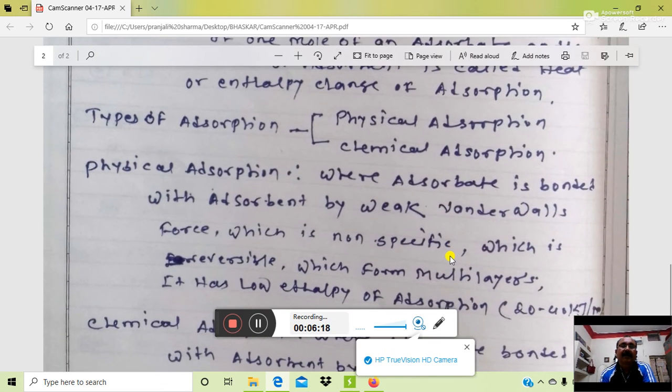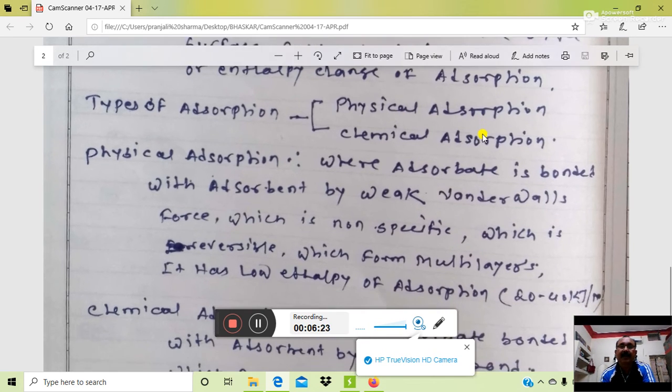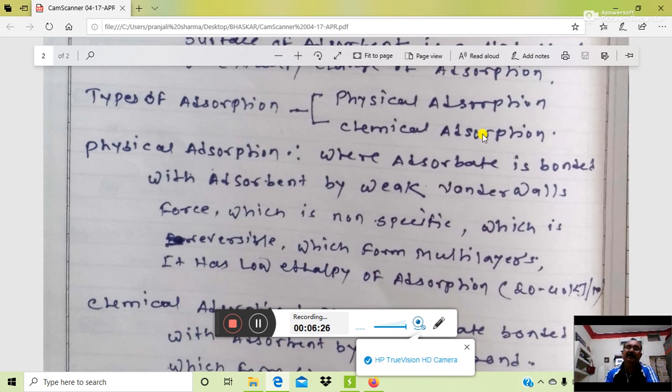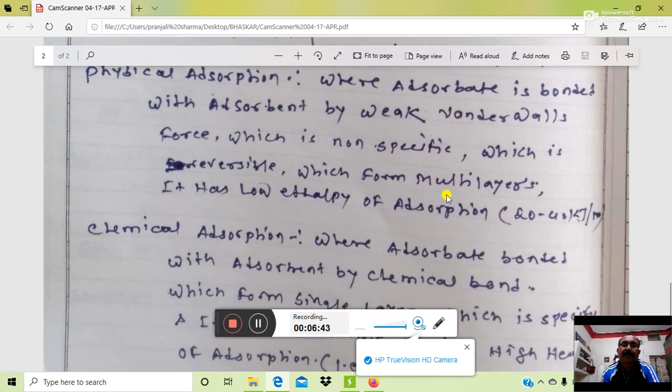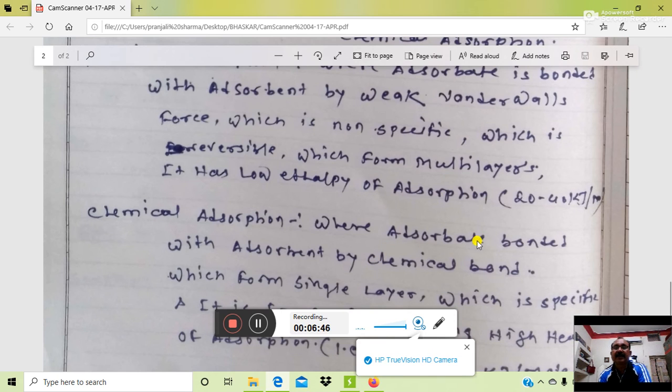Here, adsorption is classified into two types. One is called physical adsorption and the second is called chemical adsorption. That classification is according to the bond formed between the adsorbate and adsorbent. If a physical bond is formed, just like van der Waals force acting between the adsorbate and adsorbent, then it is called physical adsorption. In the same manner, if a chemical bond is acting between the adsorbate and adsorbent, that is called chemical adsorption. The van der Waals force is a weaker force, therefore the bond formed is also weaker, and therefore it is unstable.